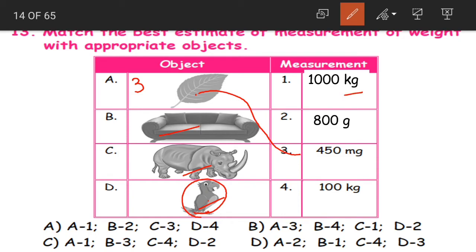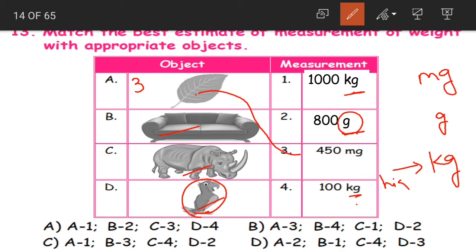So again from the given options we have kilograms and grams. Now which is the least one here? Grams is the least. First we have milligrams, then grams, and then the kilograms. Kilograms are the highest measurements of weight. So grams are the next least measurement. So we'll match the bird with grams. A bird approximately weighs 800 grams. Approximate, children. It is not the exact figure. It will weigh around 800 grams.